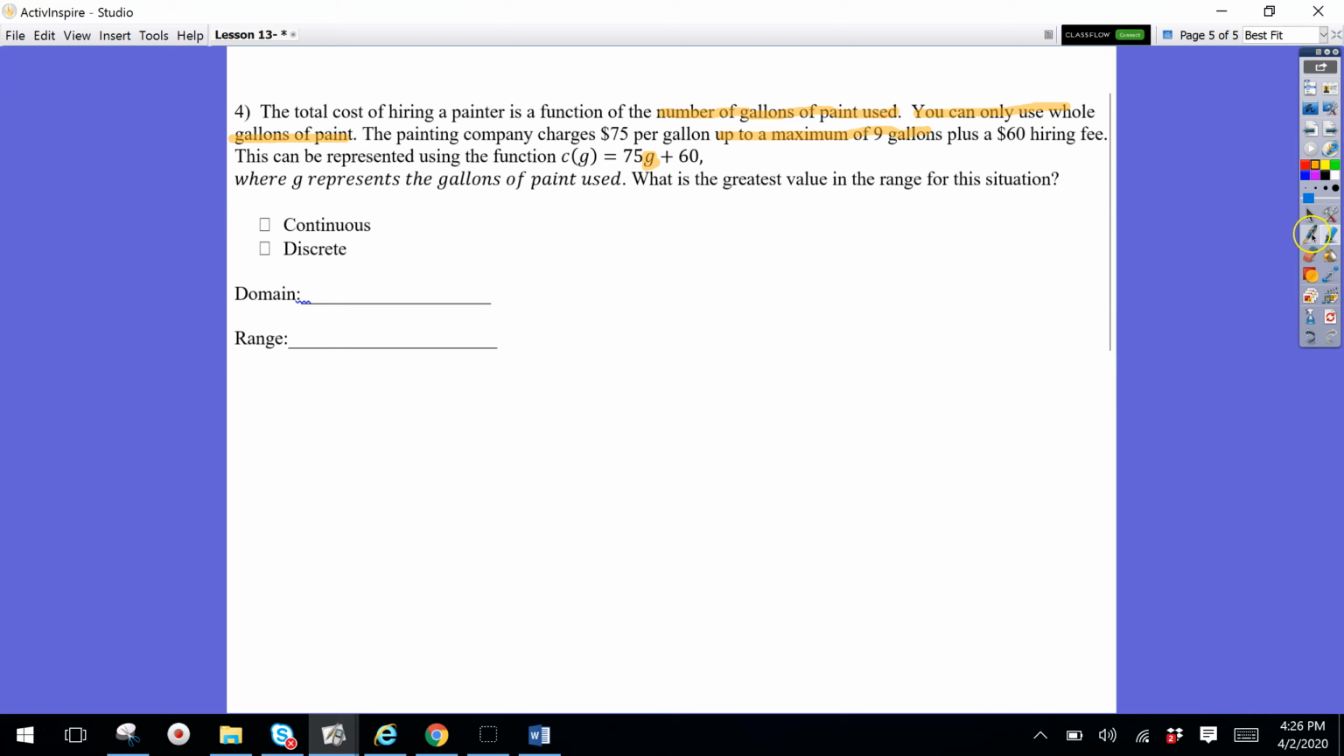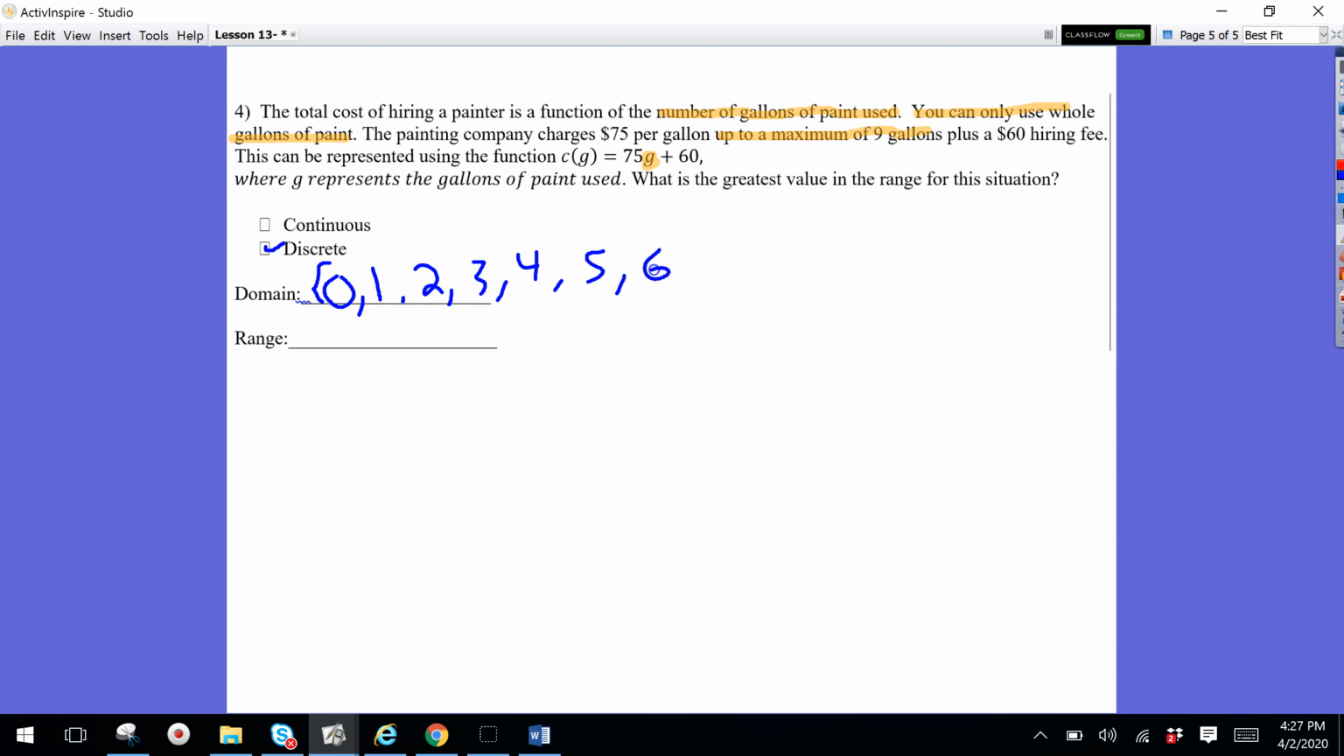So all of the stuff that's talking to me about the gallons is talking to me about the domain. Because I can only use whole gallons of paint, this situation is discrete. So we're going to use a set to talk about it. So the least that I can have is 0, then 1, then 2, 3, 4, 5, 6, 7, 8, 9, and that's about it. It's a maximum of 9. Okay, so that is my domain, just because I can only use whole gallons of paint. Now my range is my output of the situation, which is C of G,